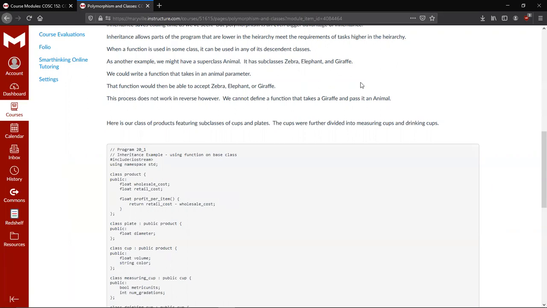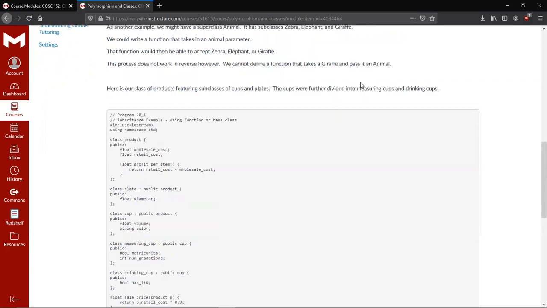You could have a superclass animal. You could have subclasses like zebra, elephant, and giraffe. So we could have a function that takes an animal as its parameter. And in the computer's mind, animal is a generic class. And if you give it specific instances, if you give a function that does something with animals, like, I don't know,